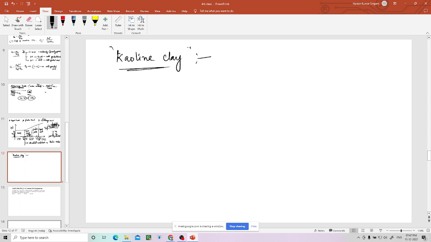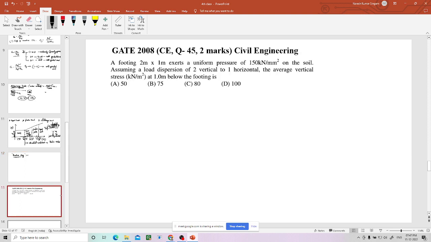Anyway, that we will do in the next class. Now, as we are nearing the completion of the class, I just want to solve two problems for this class. Okay, these problems are used in effective stresses or consolidation problems, but it is very